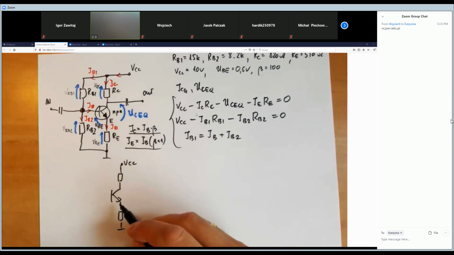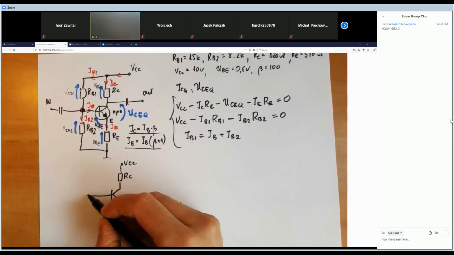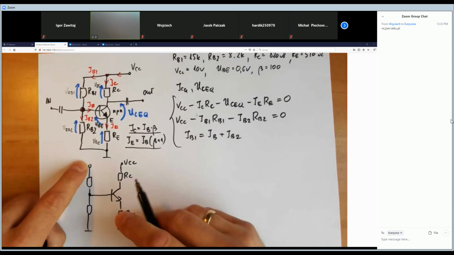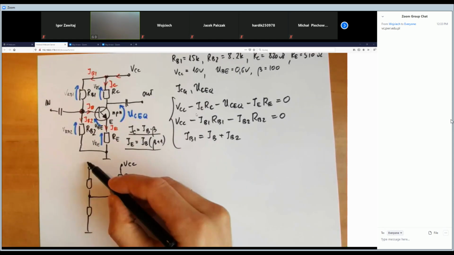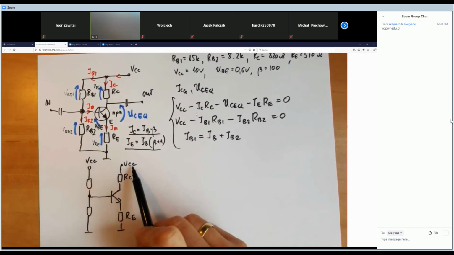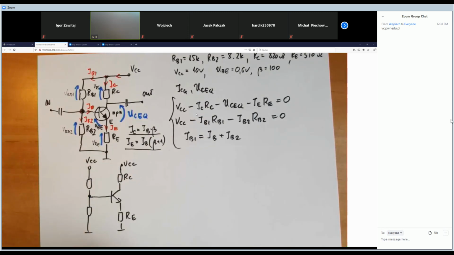So this is the first branch, and look, I can draw the base polarization branch in that way, because these points are the same. The VCC and VCC here are the same. So, look, please imagine that this part of our electronic circuit